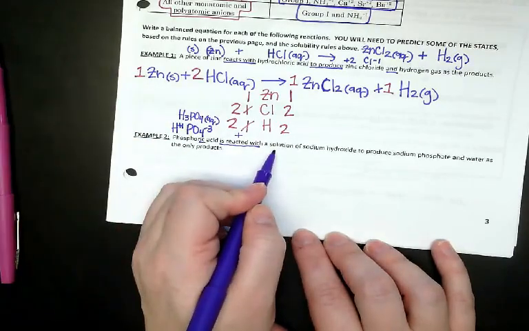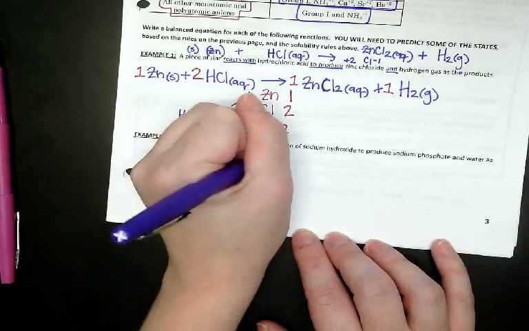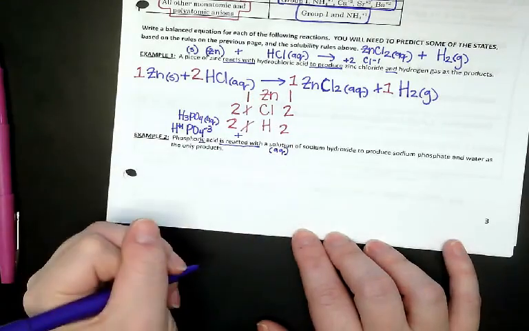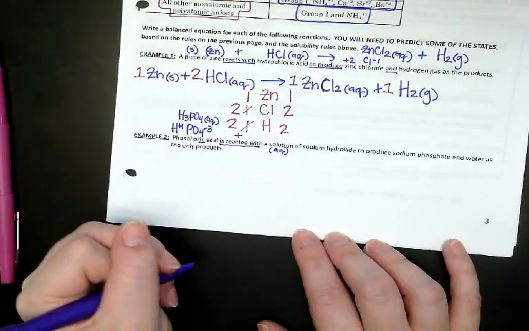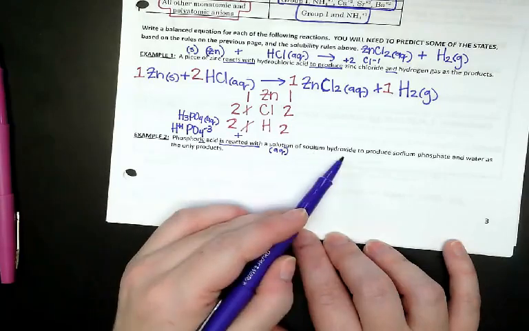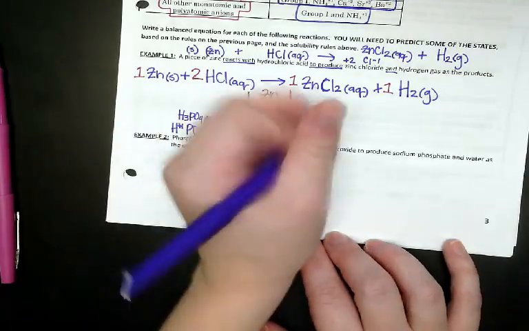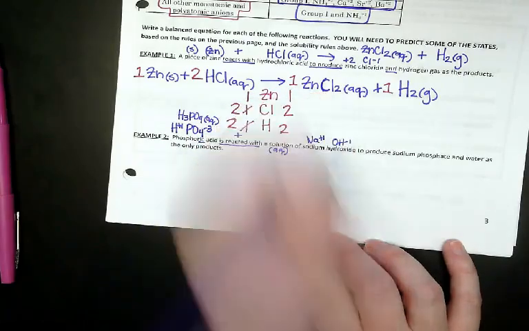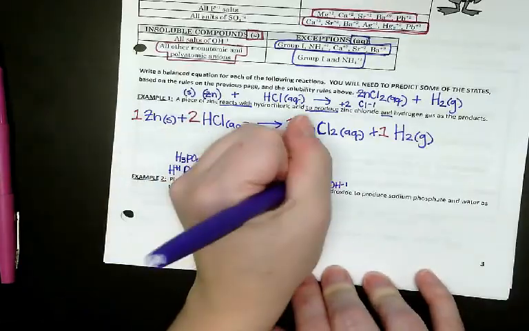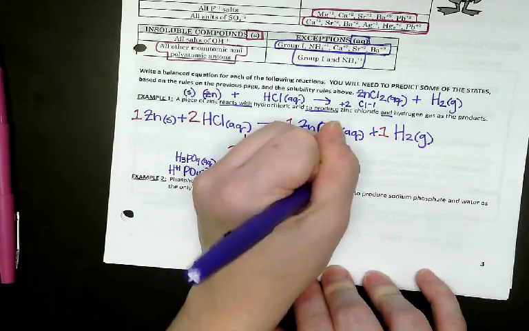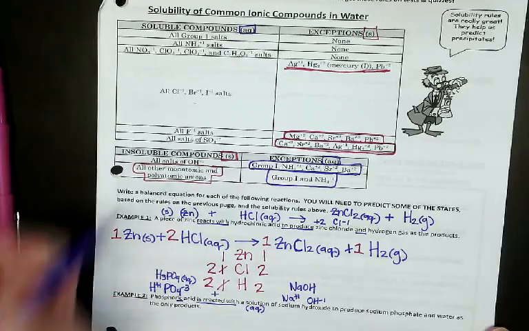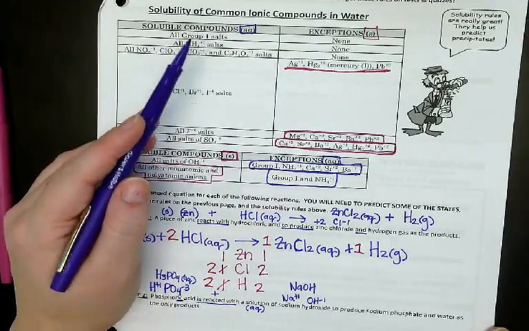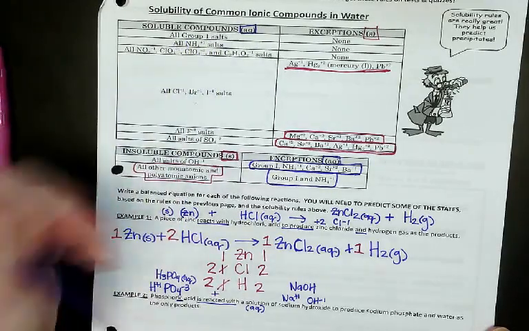Okay? Of sodium hydroxide. And you can double check sodium hydroxide. +1, hydroxide, -1. Our formula is NaOH. You can double check your solubility and make sure it actually is aqueous. Sodium's a group 1 metal, right? It's always going to be aqueous. If I see a sodium in front, just tack that aqueous on. Okay? Now, to produce, arrow,